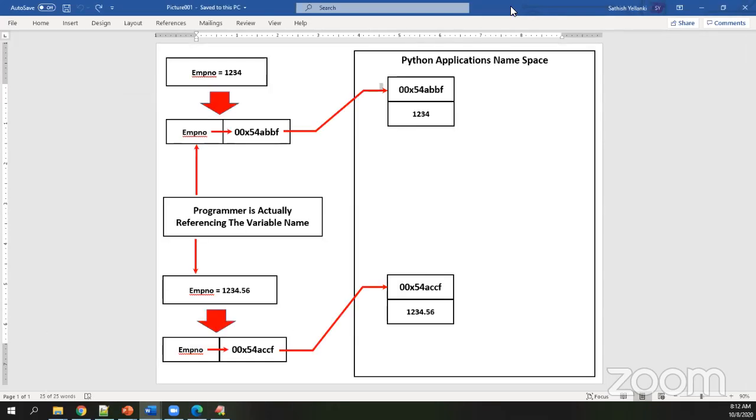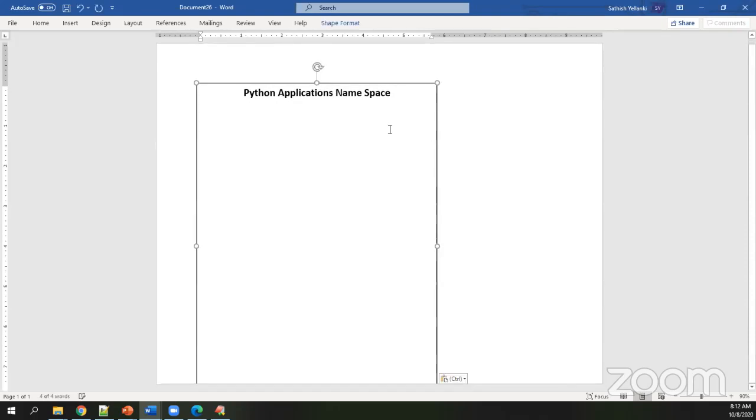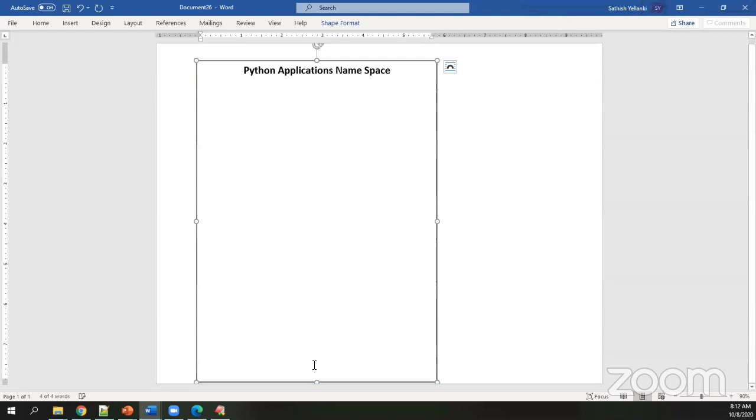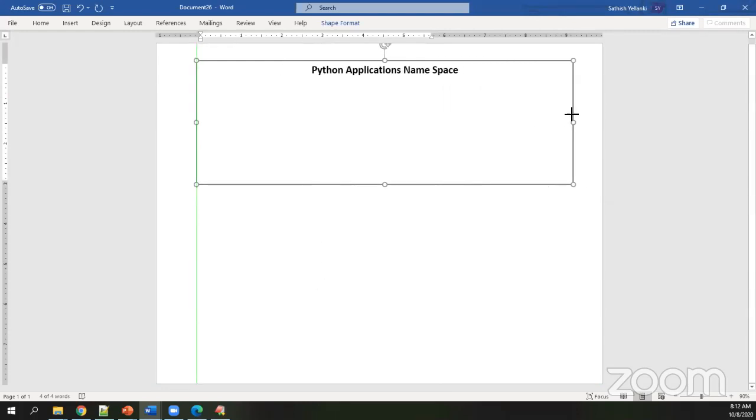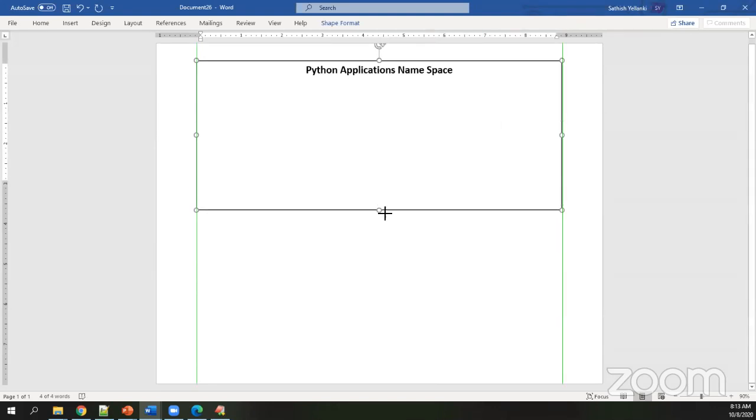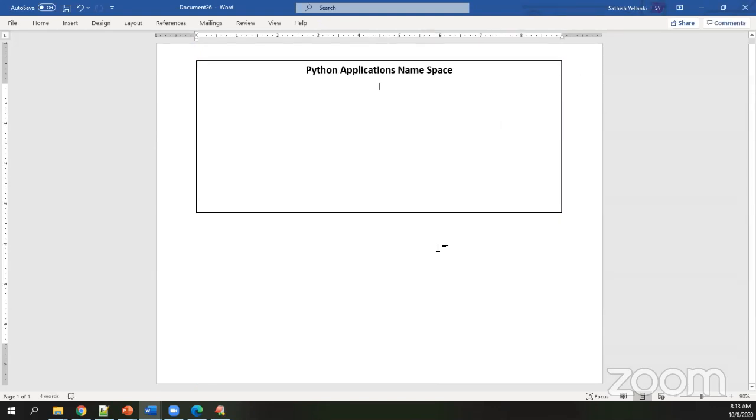So that's my Python application's namespace. Now let us say as a programmer, you're doing your basic declarations.